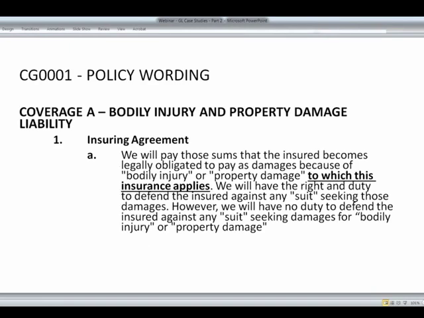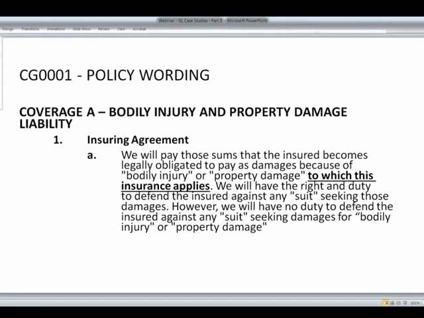Let's look at the policy wording. In the outline you have, you'll see that we duplicated this on the bottom of the page. The key part here is that we cover the bodily injury and property damage to which this insurance applies. It applies if not excluded, and that is a key consideration. There are 3 ways to exclude coverages: by the exclusions in the policy, by adding an endorsement, or by a classification limitation endorsement, which limits the coverage only to one set of classifications.